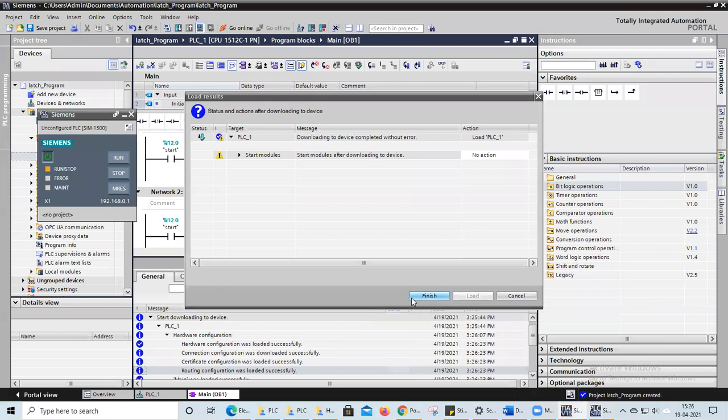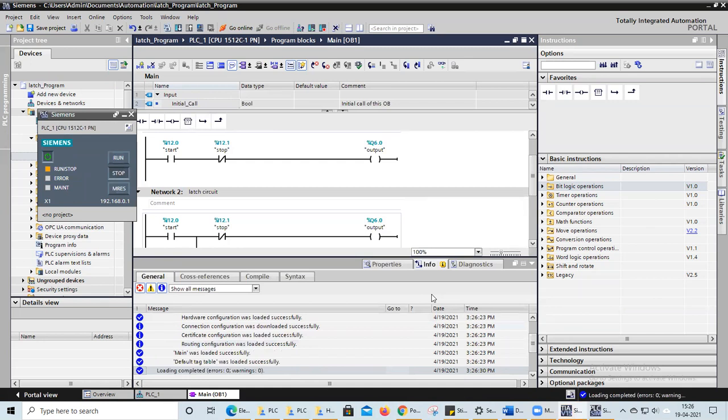Okay. After loading, you click on finish. Now it is successfully downloaded in your simulator. Okay, now you click the run option. Now it is showing run or stop with an orange mark. You click the run option.